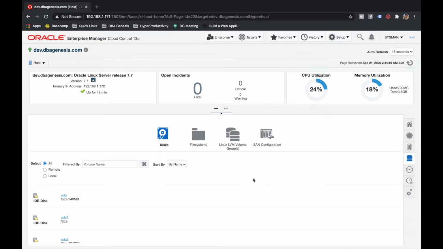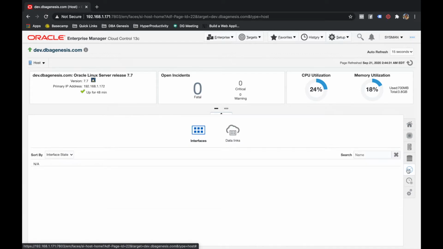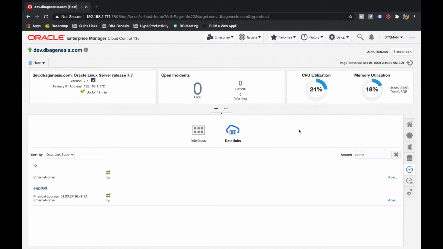So what I would request you is, I want you to navigate all the menu options as much as possible, just to like make yourself familiar with the various options that are available. Next, this will give you the information regarding the interface, that is the link, I mean the network card. So whatever your network card that has been added to the server, because ours is a virtual server, so you will see two Ethernet adapters, even though we technically have only one. So one is virtual, one is physical, so don't worry, but in real time definitely you will have only one card.